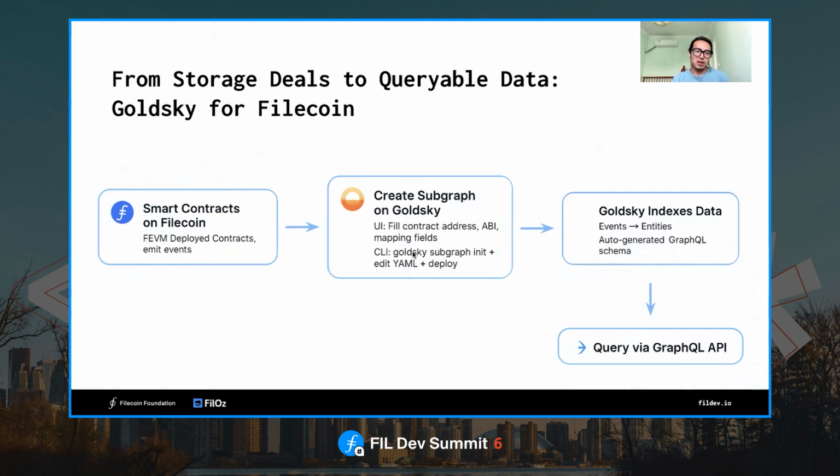Like I mentioned earlier, in the blockchain world, indexing is critical because blockchains store everything in a raw event-driven format, but searching, filtering, and accessing that data is not efficient. That's why projects like The Graph and Goldsky were created. They are meant to make blockchain data queryable using GraphQL by indexing smart contracts in a more structured